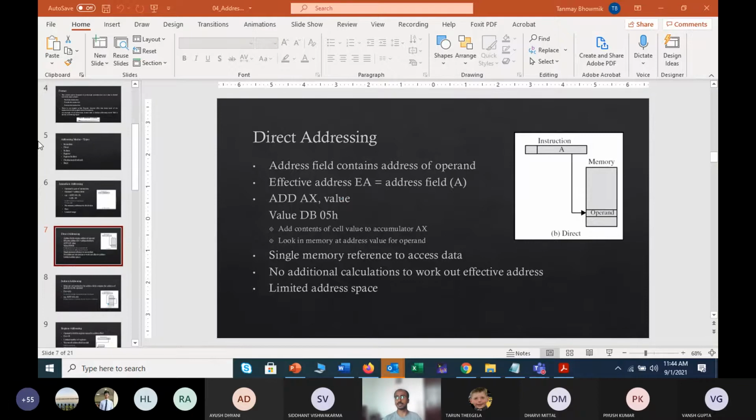So what was the real life example we gave? If you are attending the class from your home now, and anyone asks what is your effective memory address, or your effective locational address, you should give the address of your home. And whenever you are in the department or university, that will be the departmental address, or that particular classroom address will be your effective location, right?